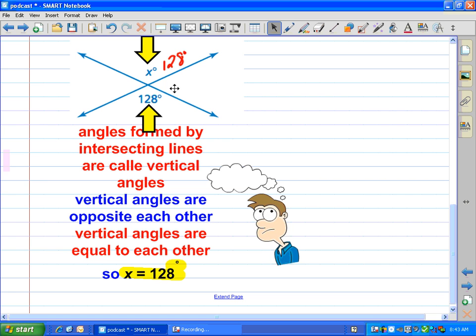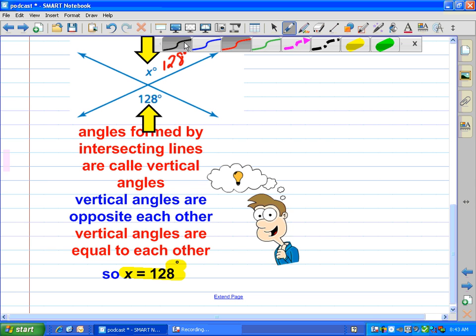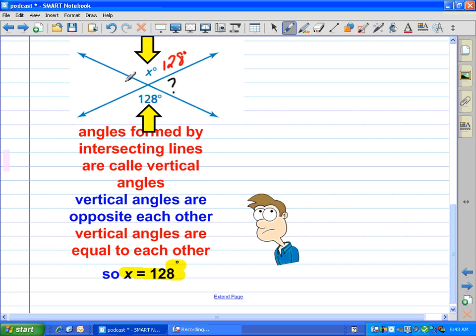If I asked you to find the other two angles, out of curiosity, you have a couple choices. You could say, Mr. Phillips, I'm going to use the 128 here or the 128 here. It doesn't matter. You could say, Mr. Phillips,